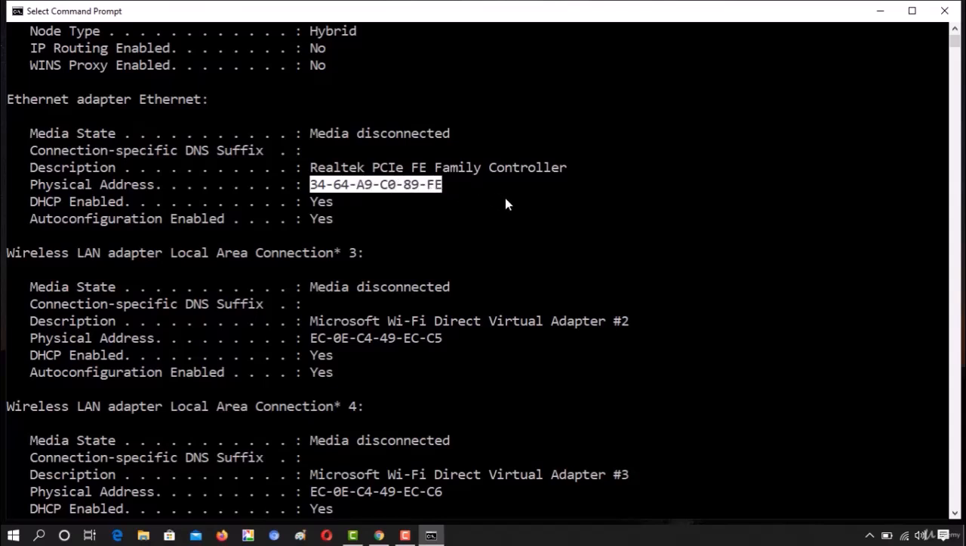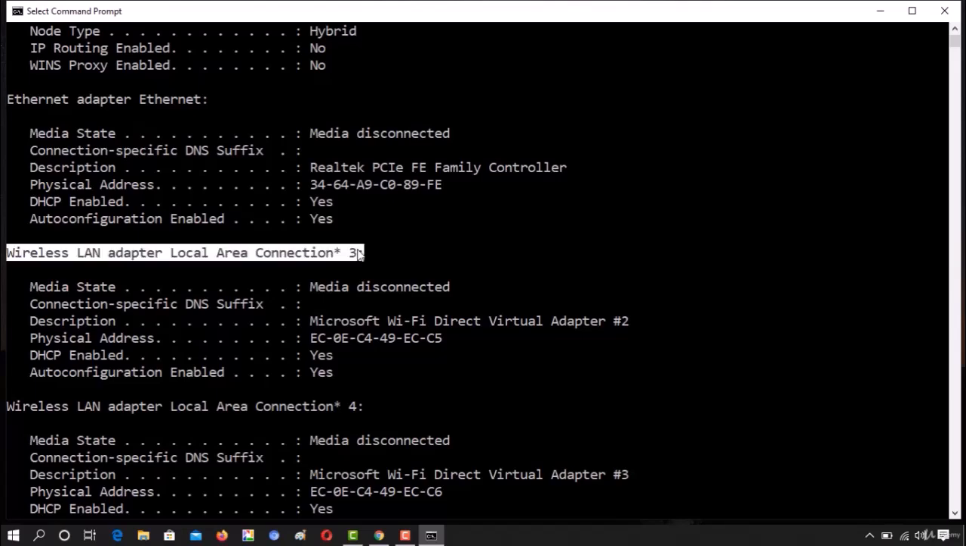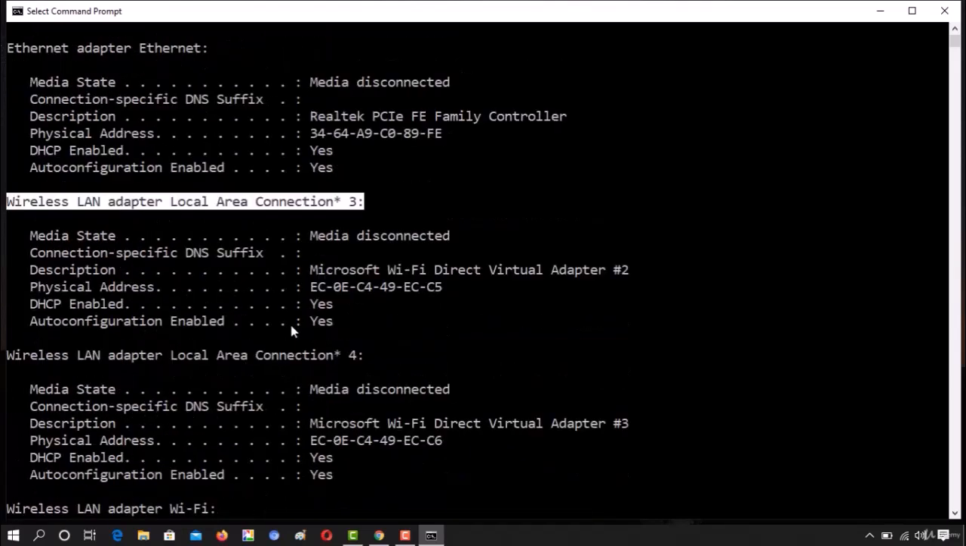Now you can see the MAC address for the wireless LAN adapter Local Area Connection *3 is different from the MAC address for the Ethernet adapter. This happens because Windows creates virtual connections which are reserved for specific purposes, and only in such cases the MAC addresses can change, because each connection has its own MAC address. Coming down,